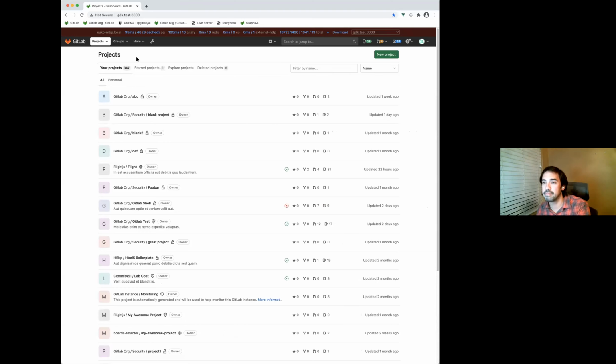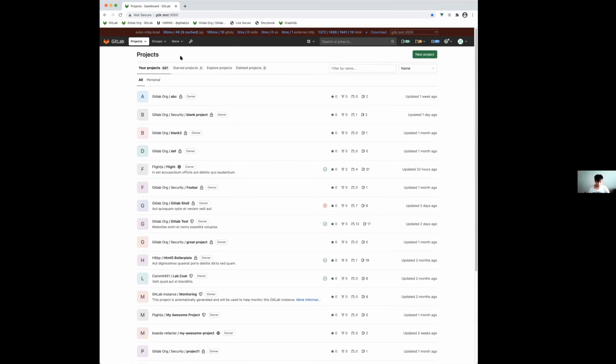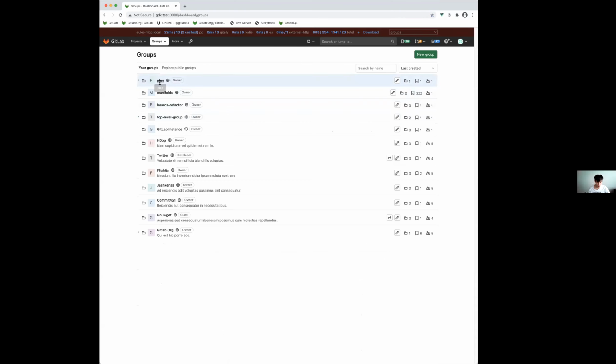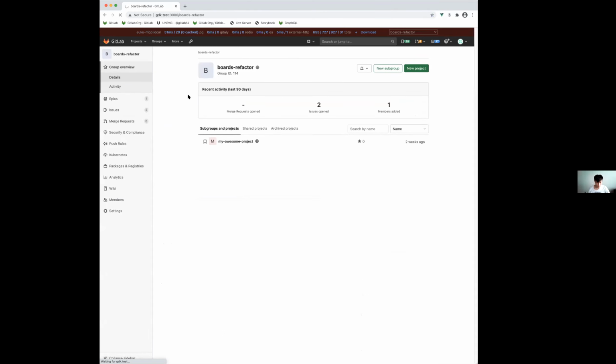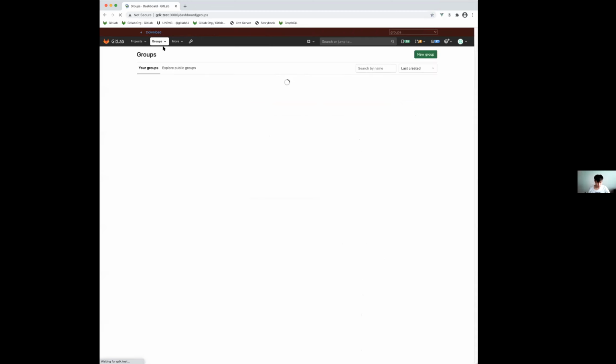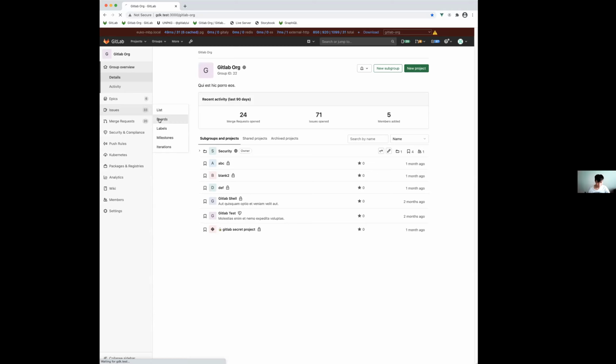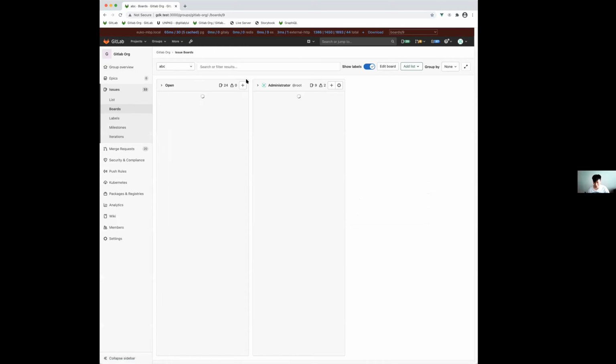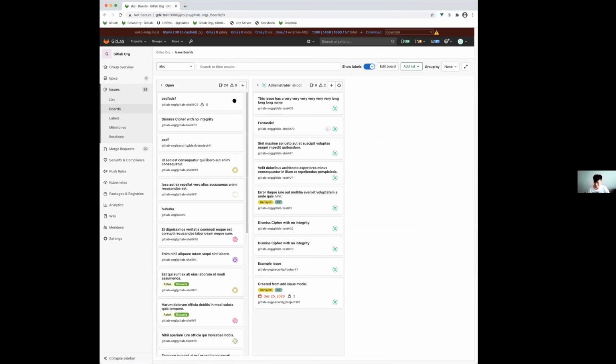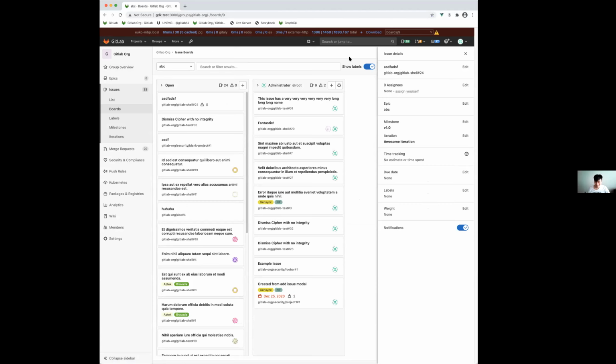We've added the new swim lane sidebar to the group boards. Let me bring up the GitLab org. It's populated with epics and issues, so it's better. That's the new swim lane sidebar.